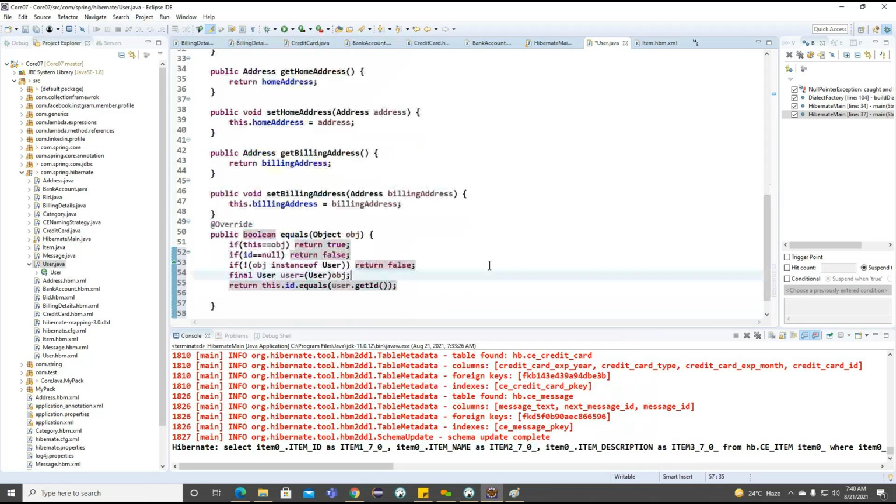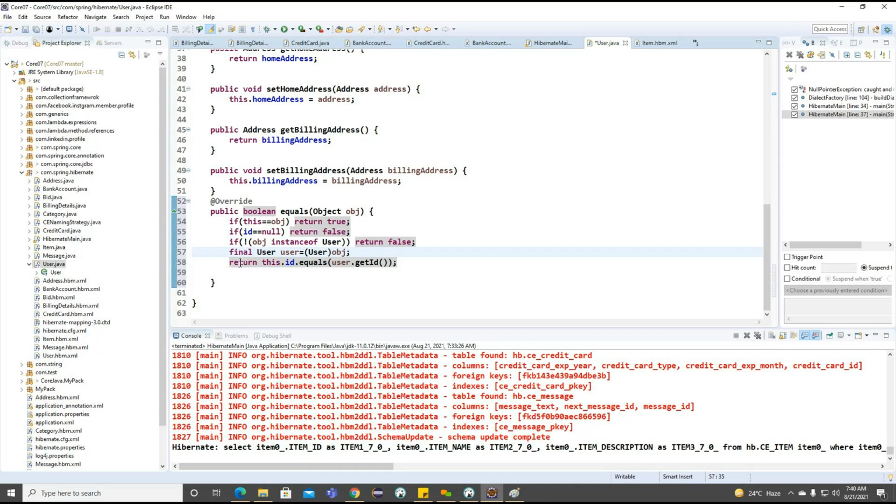Observe how we are implementing this equals method. Internally, we check whether the current object is equal or not. If the ID is null, we return false. If the object is not a User, we return false. Finally, we convert the object into User and check the IDs. If the IDs are equal, we return true.